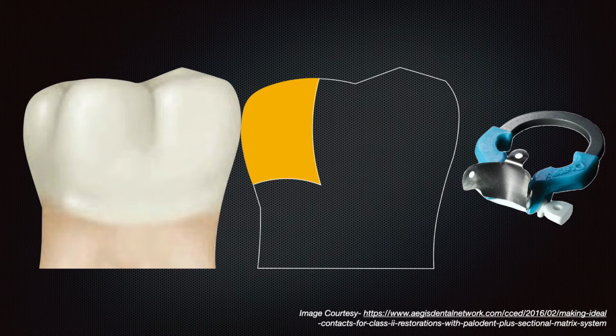So let's take an example: after doing the endodontic treatment, we take a decision that a crown or an indirect restoration is not to be given. Then in these kinds of situations, you complete the restoration using the sectional matrices and do not use your Tofflemire retainer for your post-endodontic buildup. Because if we use a Tofflemire retainer, again the contact which is going to form is going to be more situated in the coronal aspect, and it won't be the ideal convex form which we have with any natural tooth.